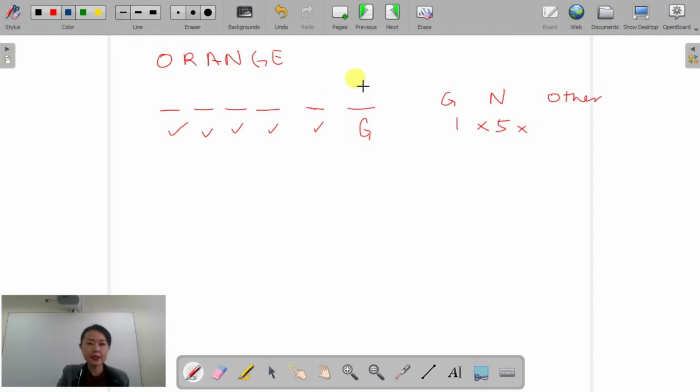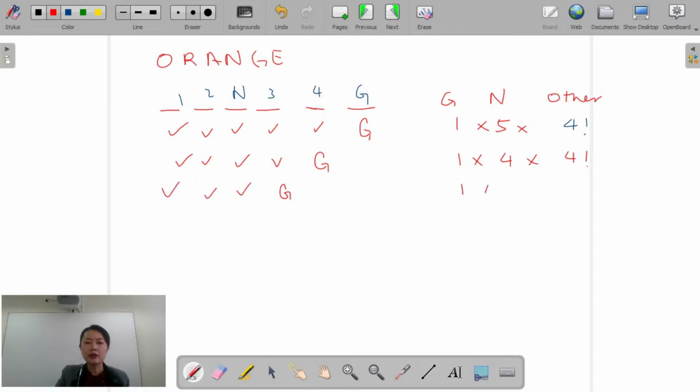So again, let's map this out. If G is here, N is here, for example, then you've got 4, 3, 2, 1 to fill out the remaining letters, so 4 factorial. Then you repeat by moving the G across. So G, then N has to be here. So 1 times 4 factorial, and then